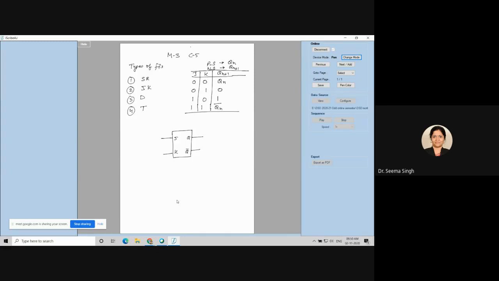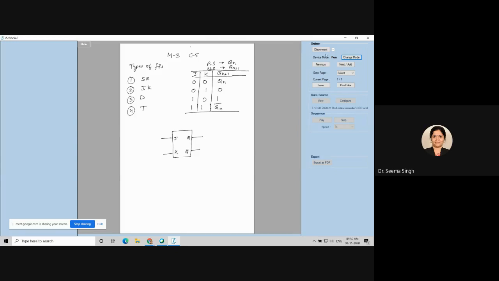One more thing I would like you to watch here is that in the JK flip flop, the output follows J. Can you see? When J is 0, the output is 0. When J is 1, the output is 1. So for the 0, 1 and 1, 0 cases, the output follows J. 0, 0 is memory, 1, 1 is toggle. Okay. Now, next I want you to see how to make a D flip-flop from a JK flip-flop.